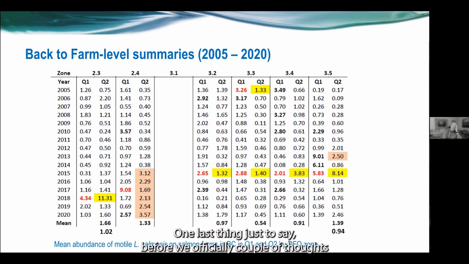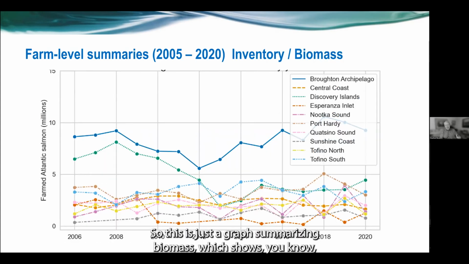But one last thing just to say before we finish off with a couple of thoughts about risk is, why is there so much focus on the Broughton? I think part of the answer, of course, is that historically it's the area that's had the most fish in it. So it's had the most farms, it has the highest level of biomass, and therefore, if you think about the overall sea lice numbers, then you might think, well, it's the biomass plus the levels that are of interest. So this is just a graph summarizing the biomass,